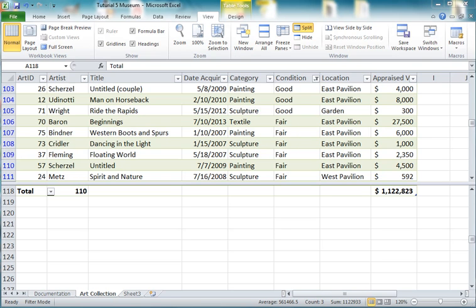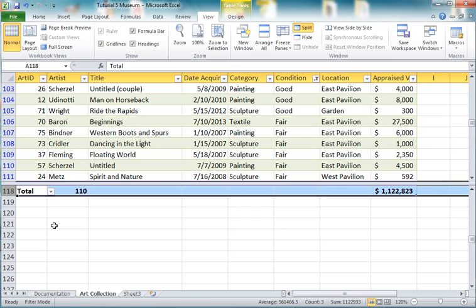Okay, we're in tutorial 5 and we are on page 261. It says to scroll down. We're in the bottom pane and we're scrolling down to row 118, and this is where the total row appears just below the split bar. And then the next thing on page 262 that it's going to tell us